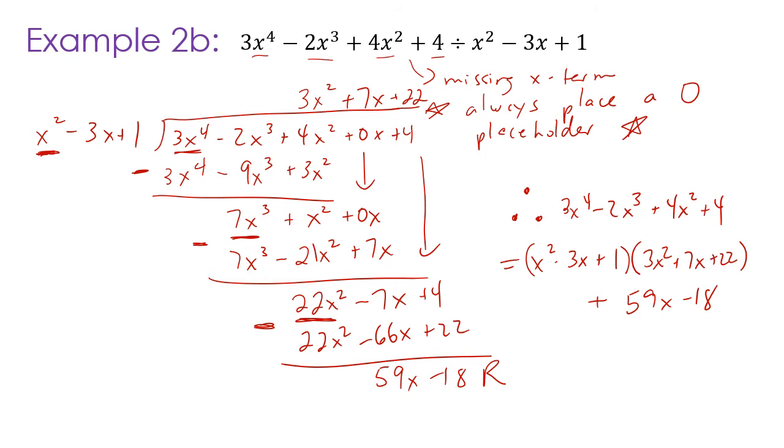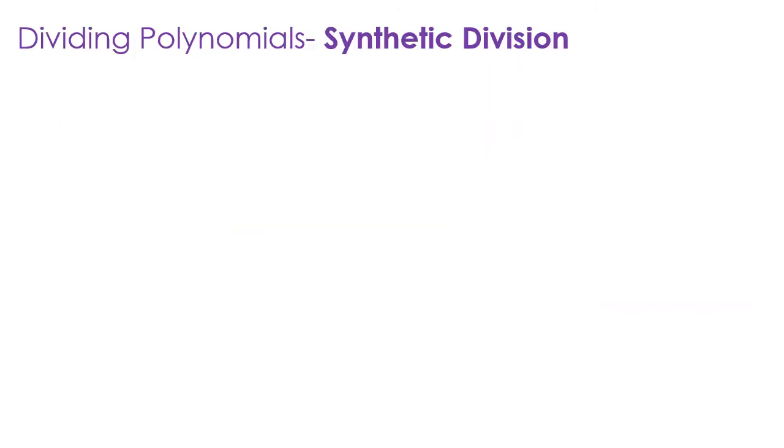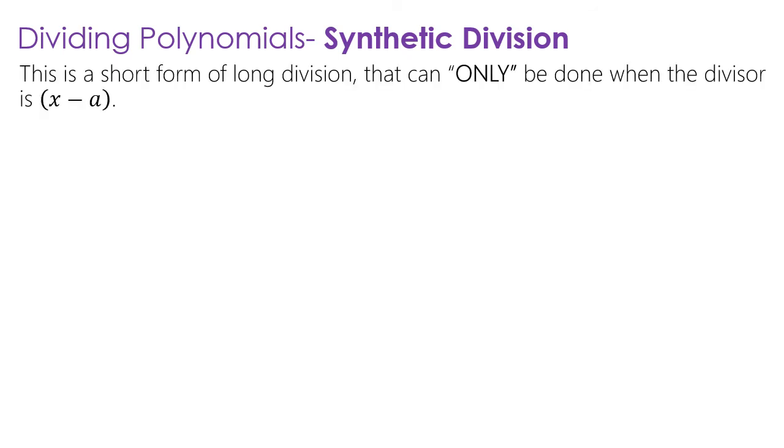So now that I hope everyone's got that down pat, I'm going to show you a different way that's probably going to become your preferred way. And this only works on some of them. So this is synthetic division. This is a short form of long division that can only be done when the divisor is x minus a. So you can only do synthetic. I can't stress this enough. You can only do synthetic